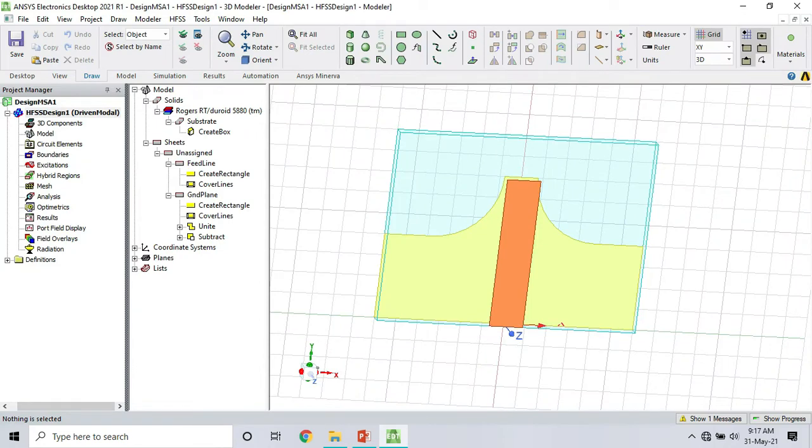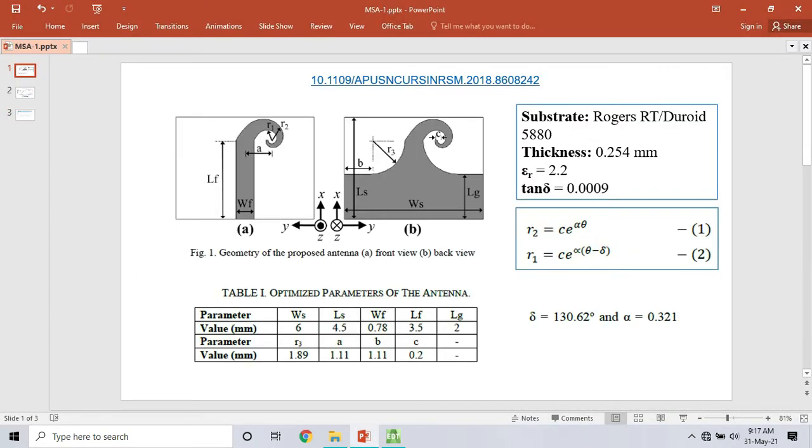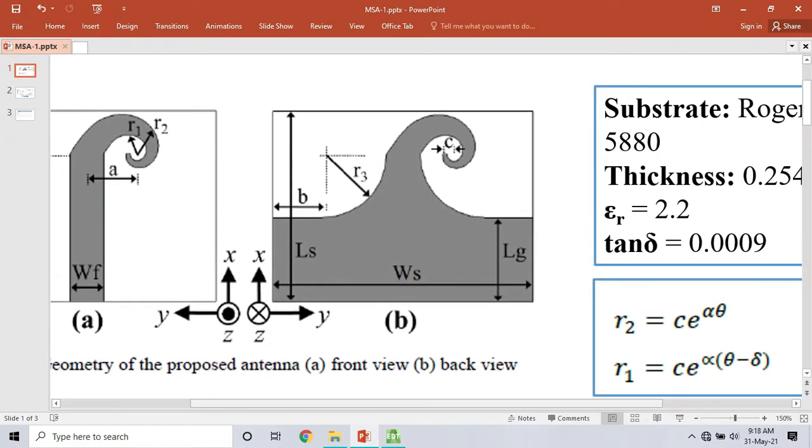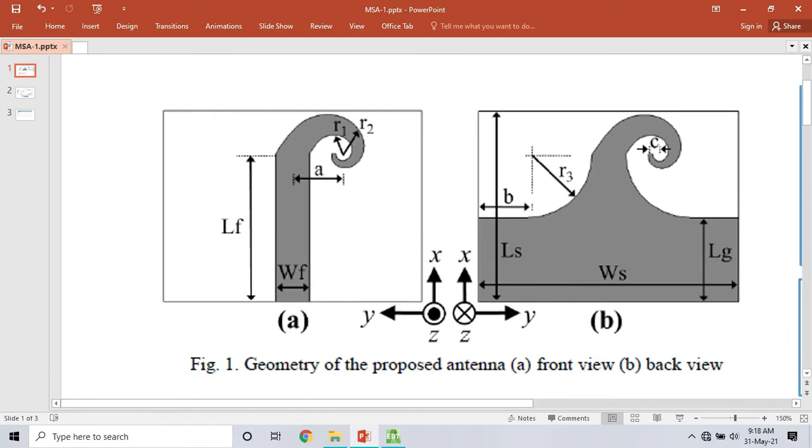First, see here, the spiral, let me zoom a bit. The spiral is at distance a from origin along x-axis and at a distance lf along y. So we need to have the center of our new coordinate system at this point.